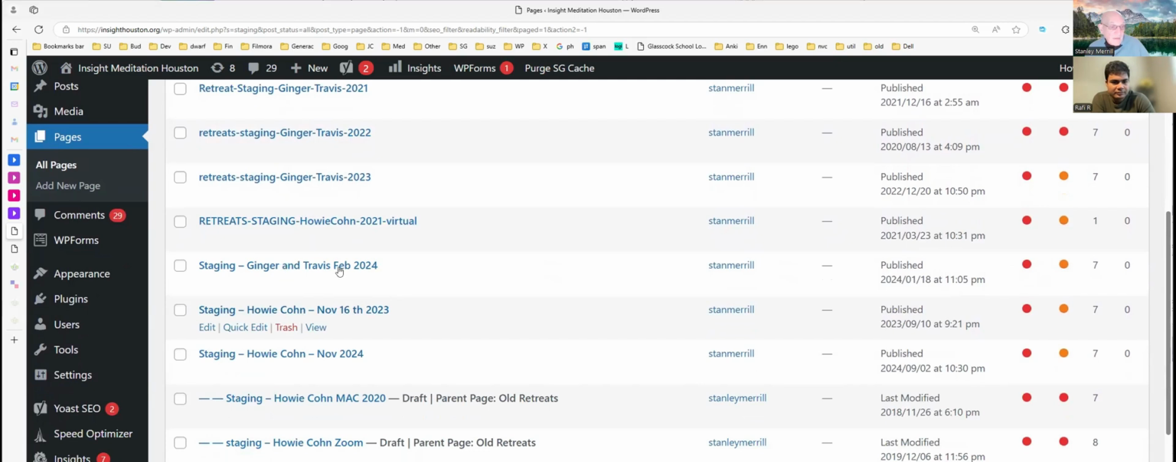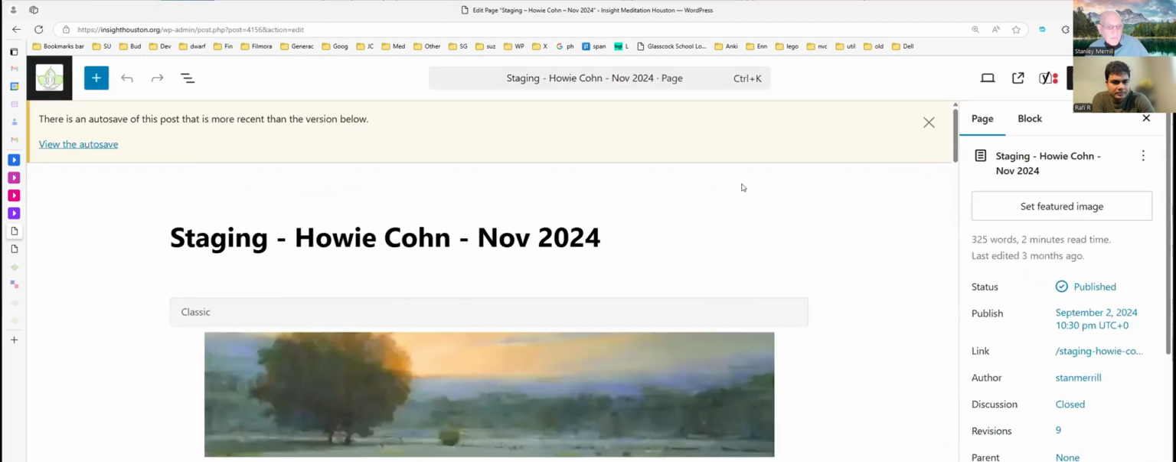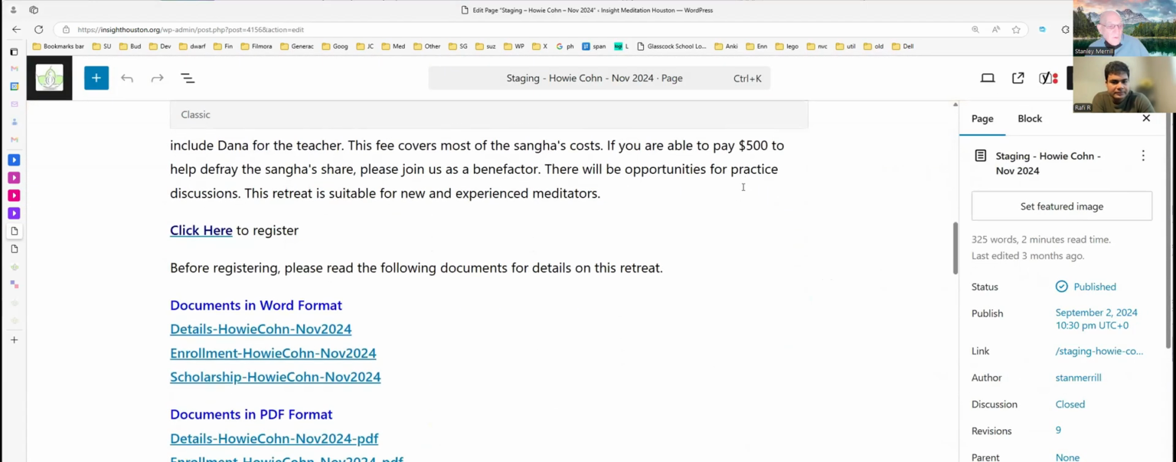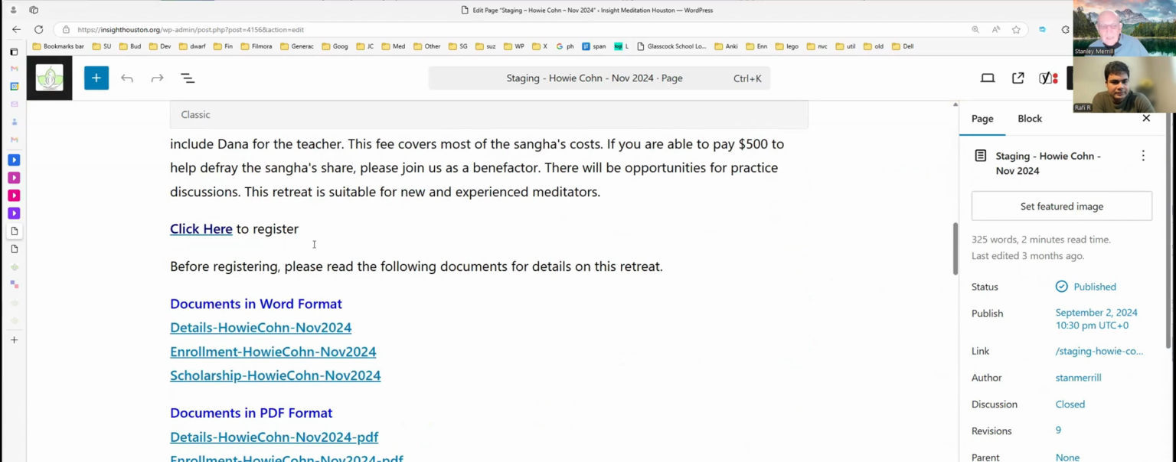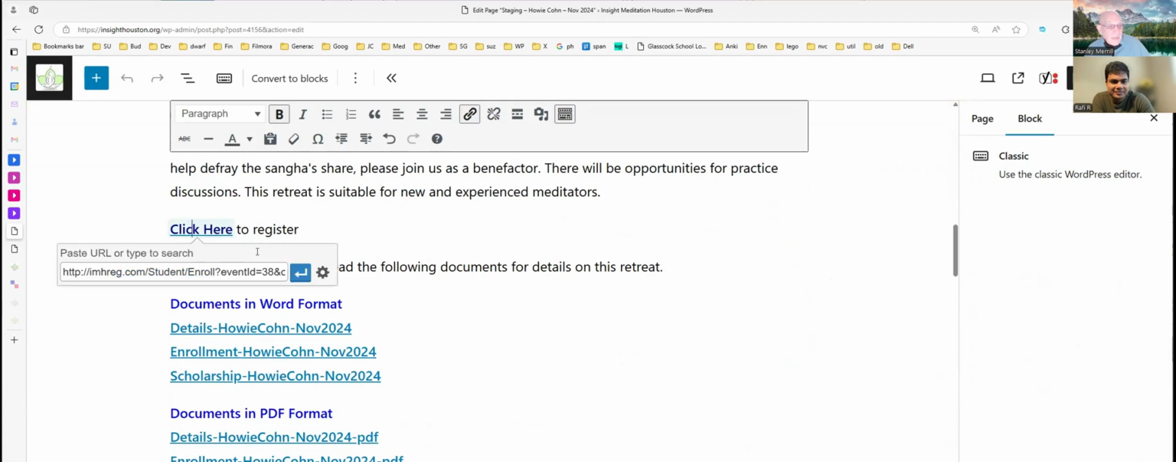Just like I could do, I go into this one for Howie November 24, and you go edit it. Remember, it said here registration closed on the real retreat page. Well, that was an easy change. I didn't go through staging. I just wiped that out and said here. But if I go ahead and edit this,